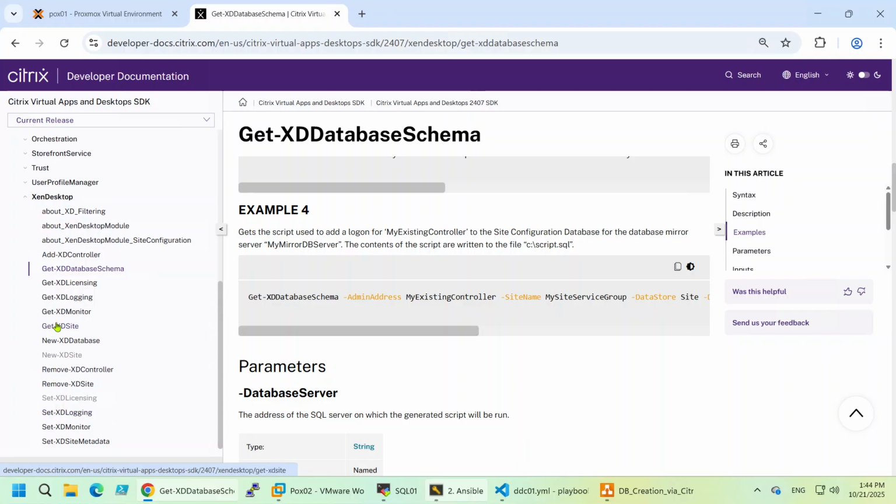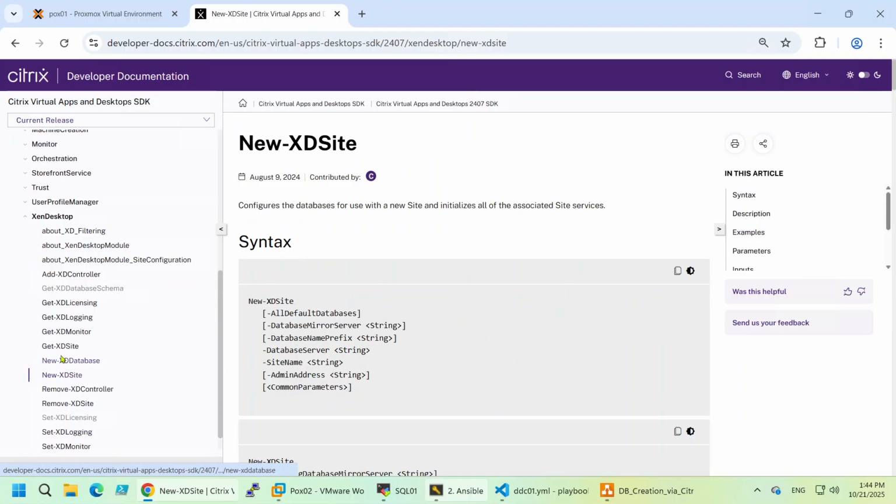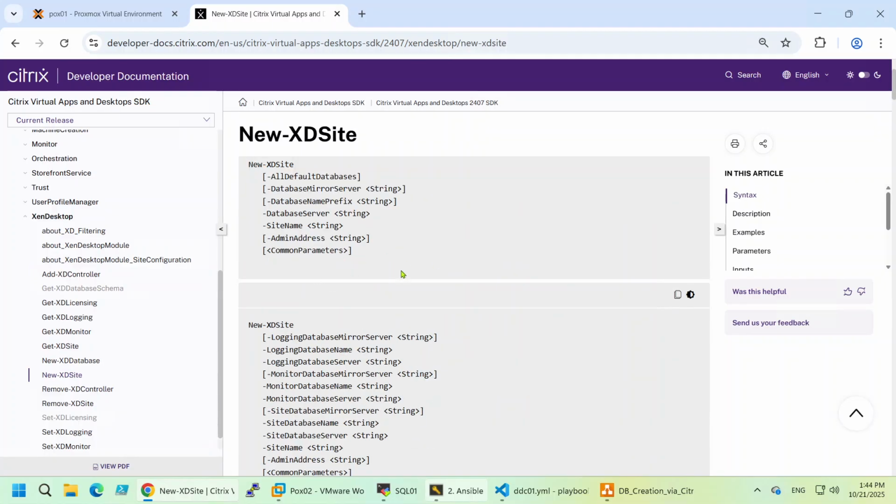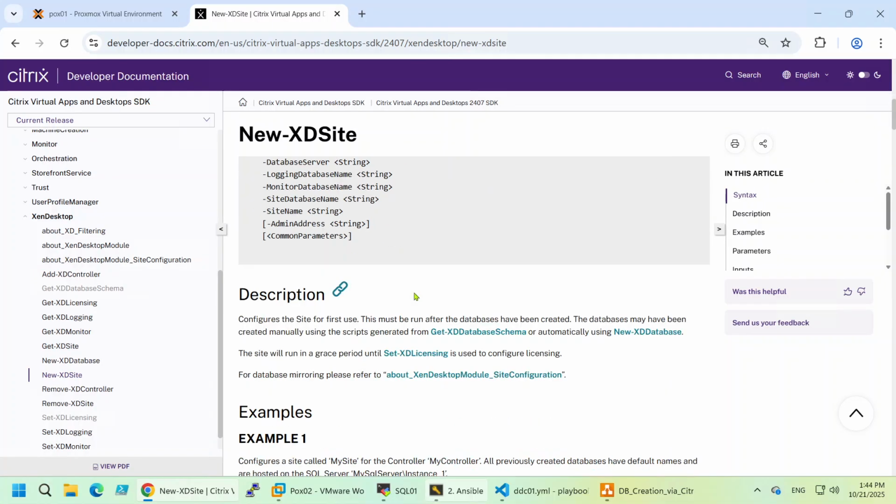Where is it? New xDesSite. Okay, so you can read this on your own, and you will see that we use this command to configure sites for the first use. This must be run after databases have been created. So exactly what we are doing here. So the databases need to be there, and